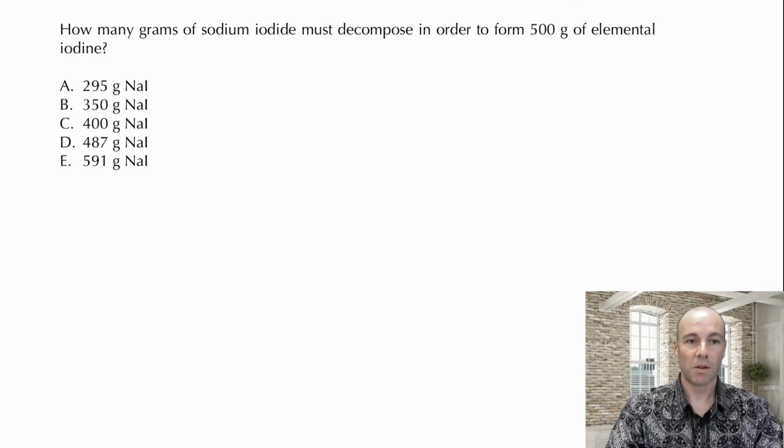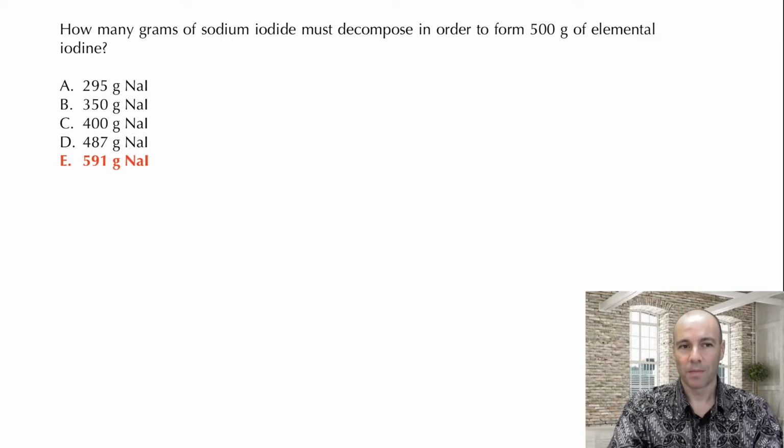How many grams of sodium iodide must decompose in order to form 500 grams of elemental iodine? And the answer is E, 591 grams NaI. Now this question does not give us the chemical equation, but we do have enough information